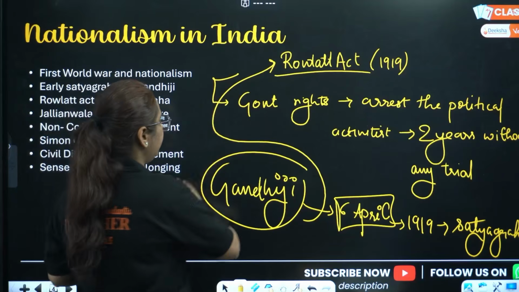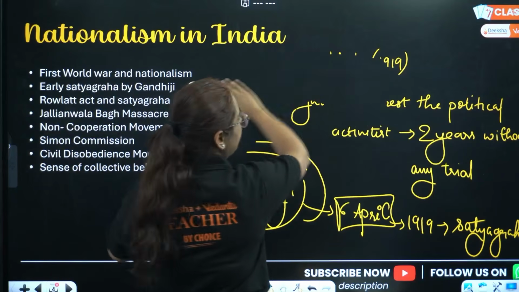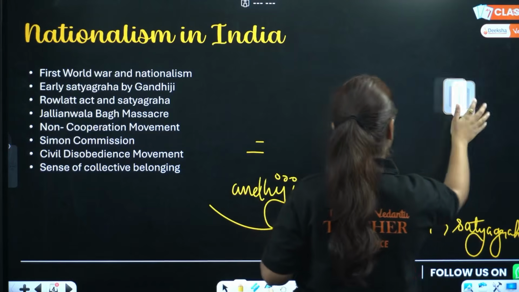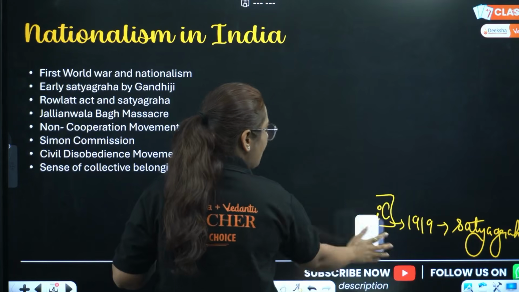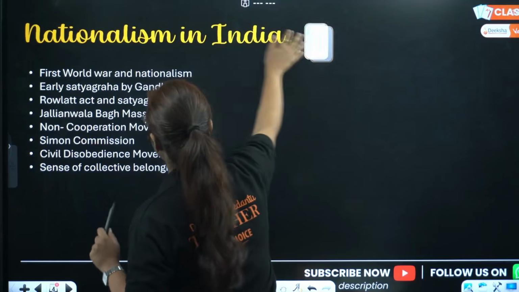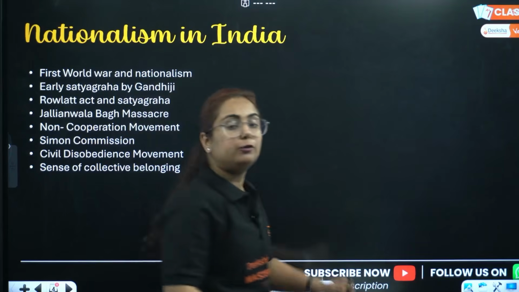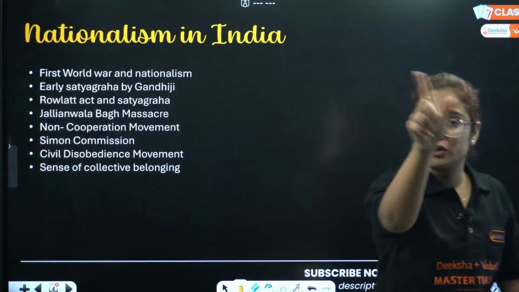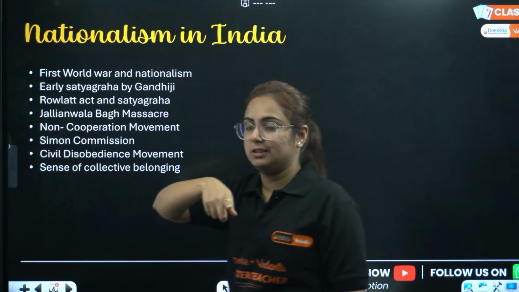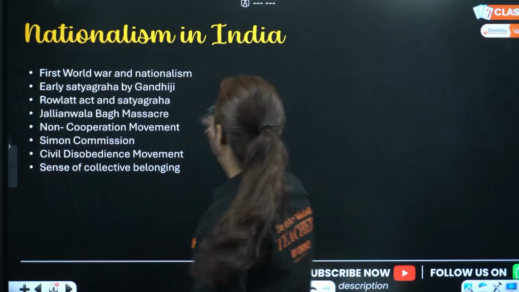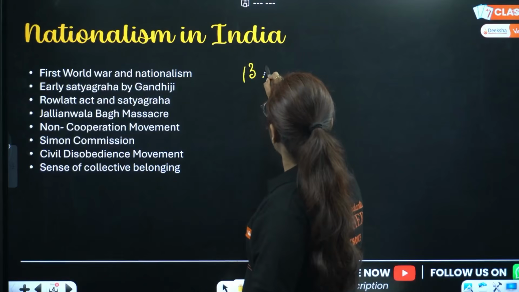When it was started, so much violence was seen in the country at that time. People were so infuriated, and the government was responding with so much violence in the nation, in which two political leaders from Amritsar, Dr. Satyapal and Saifuddin Kichlu, were arrested, due to which violence increased in Punjab and martial law was imposed on the 10th of April. Martial law was imposed, but what happened on 13th of April?